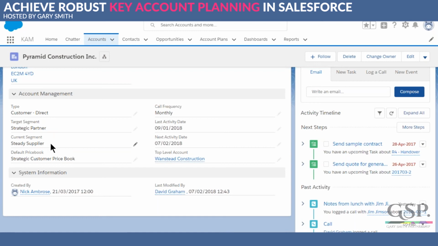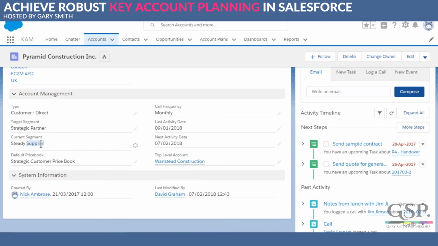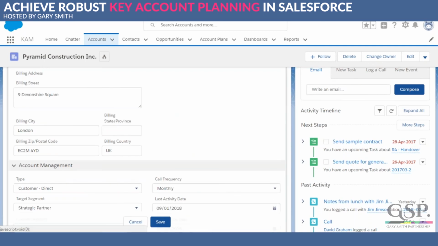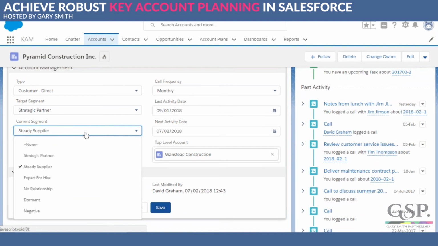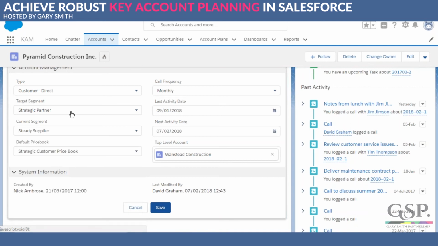Now, the values that we are using here, there's a guy called Andrew Sobel, S-O-B-E-L, who's written quite extensively on key account management. He's really one of the world's gurus on key account strategies. And these are the values that he recommends or he frequently uses. So we're saying this account is a steady supplier. They regularly buy things from us, but we want to move them into that strategic partner, that real high level